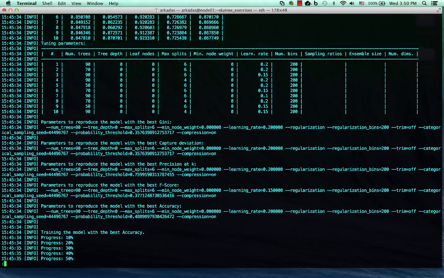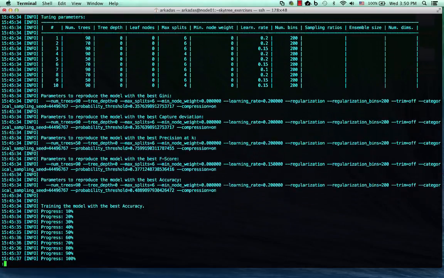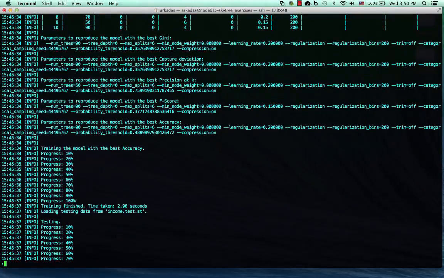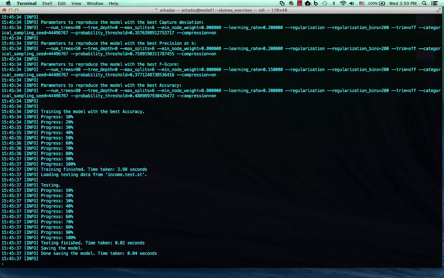So up to this point, Skytree was trying these parameter combinations and finding the best ones. And next, what it does is it trains a model on the full data set. So instead of using a holdout set to evaluate and training only on the 70%, it now trains a model on the full data set by using the best combination found. So because we specified accuracy as our test criterion, Skytree is training using the options found for the model with the best accuracy. So once that's done,